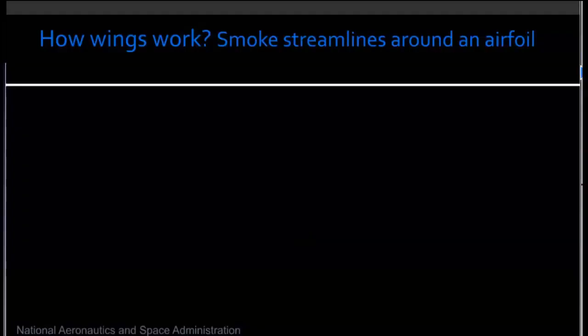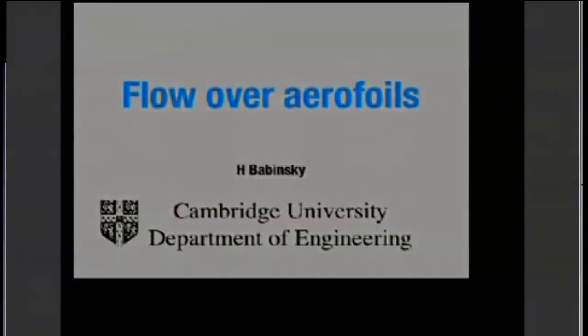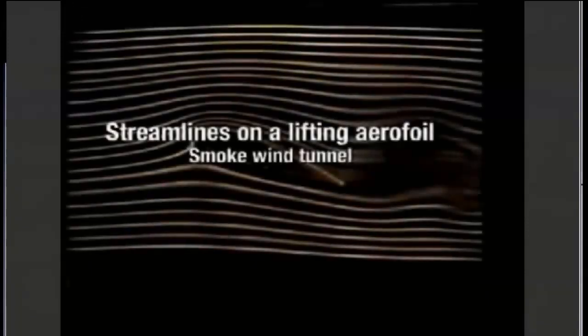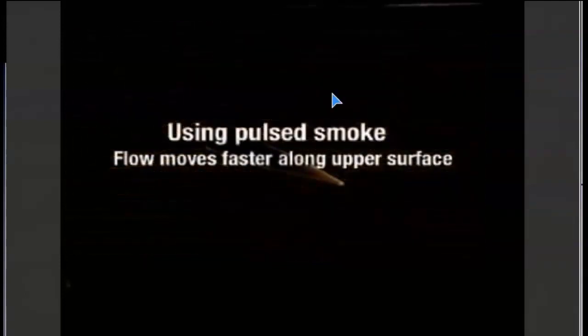So there is a cool video from the University of Cambridge that actually doesn't talk, it shows how wings work, and it uses smoke streams around an airfoil, which is again the cross section of a wing. And so I'm going to play that here, and you'll be able to see the airflow and the smoke streams around the airfoil. And again, an airfoil is simply the cross section of an airplane wing. So in this one here, they have pulsed it so that you can actually see that as it meets the front of the wing,